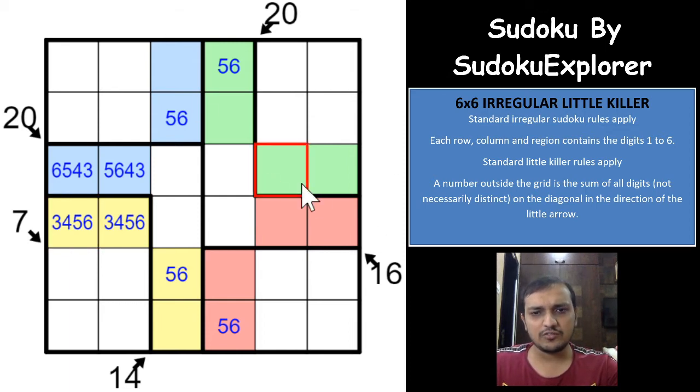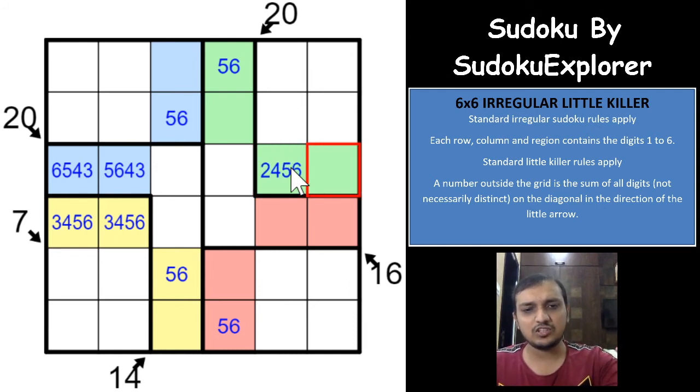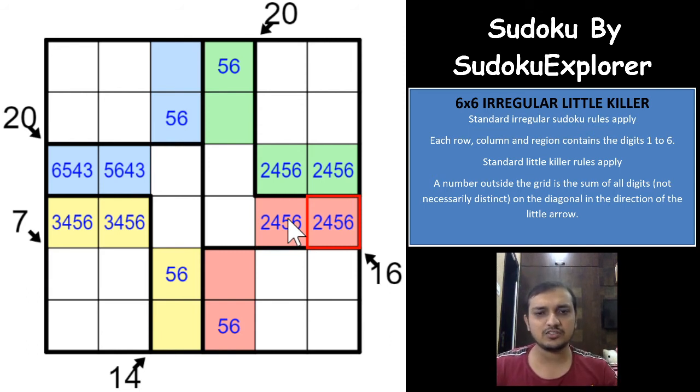And we already know that one of these 4 digits would be 2, 3, 2, 4, 5, 6, 6, 5, 4, 2, right? Because this group is 6, 5, 4, 3, so this group would have to be 6542. We have already deduced that one of the groups will be this and the other group will have to be this. So one of these will have to be 6543 and 6542. So let us see what we are getting here now.